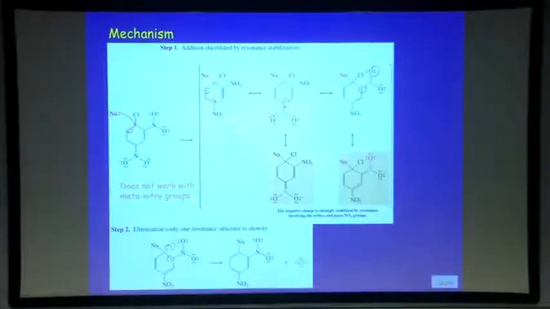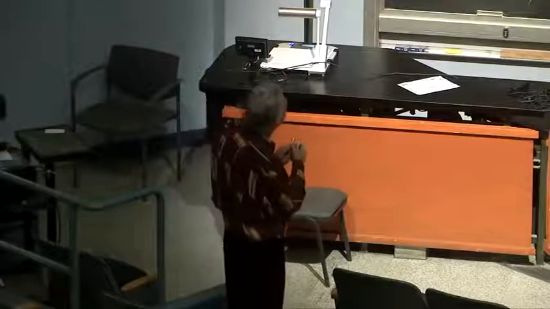Okay? So here's a mechanism that I already described in words. Here it is in structure. So the first step is the nucleophile attacks, and indeed you kick the electron pair to the neighbor. Okay? This looks very much like electrophilic aromatic substitution, except that the electrons flow in the other direction. And what's left in the ring is a plus charge that's delocalized. Here we're flowing differently. We're flowing not towards what would be